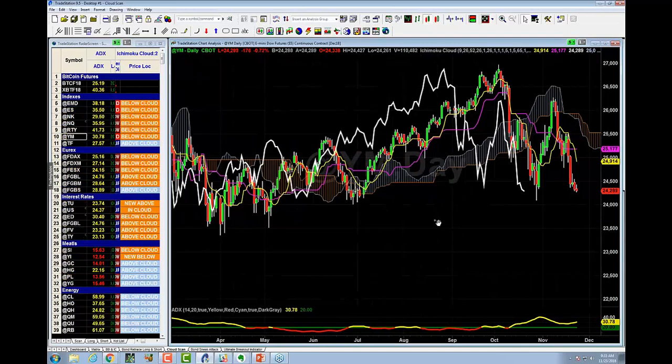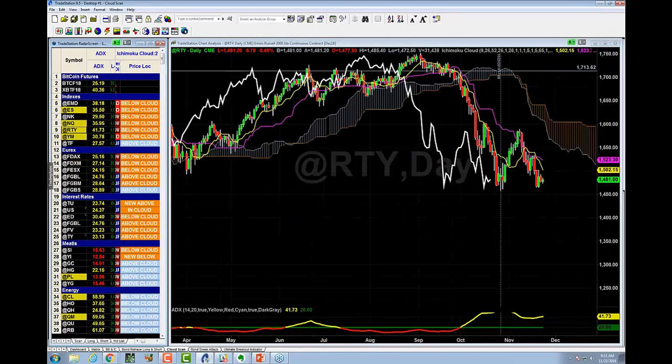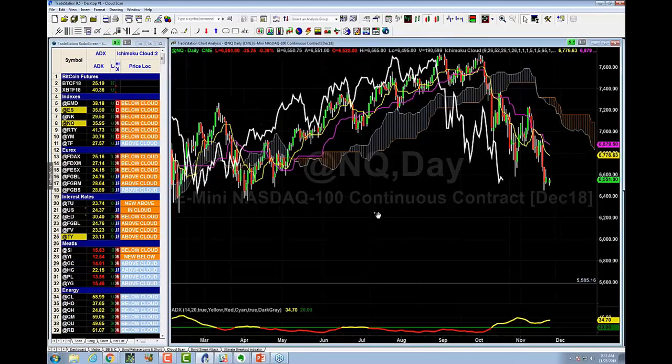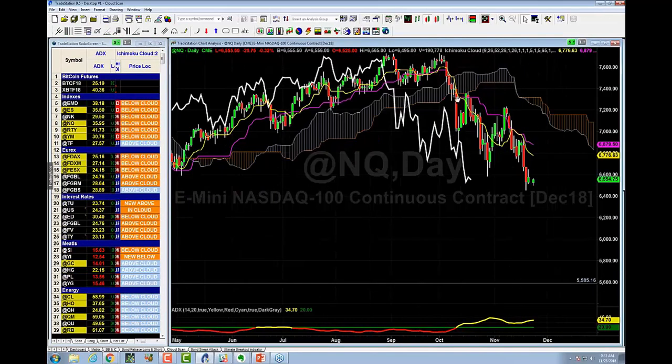So on the Dow, I'm clearly bearish, right? Well, what about the Russell? The Russell is still a short. It's going to go lower. It's probably going to go below 1450 next week. That's pretty simple. What about the NASDAQ? NASDAQ's been super weak. Look at there. Look how easy that is to figure out what's going on with the NASDAQ. Sell here, sell here, sell here. Let it bounce up, close back below the turning or the standard line, and now it's just collapsing on itself. Pretty simple, right? All right, that's that.